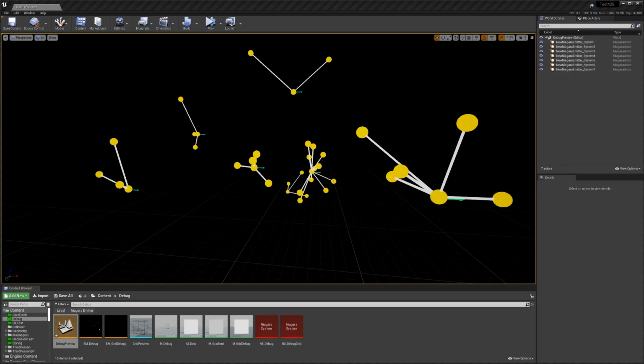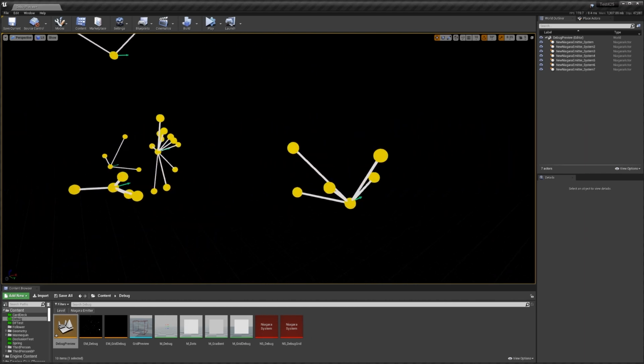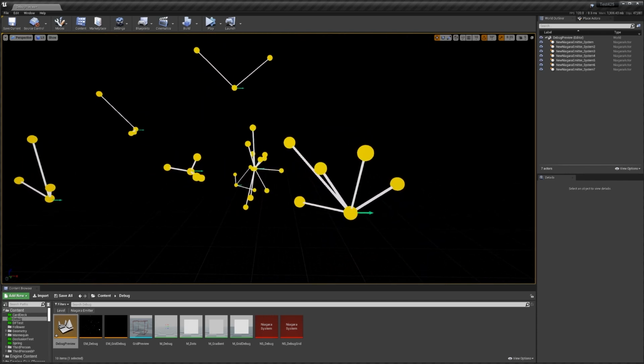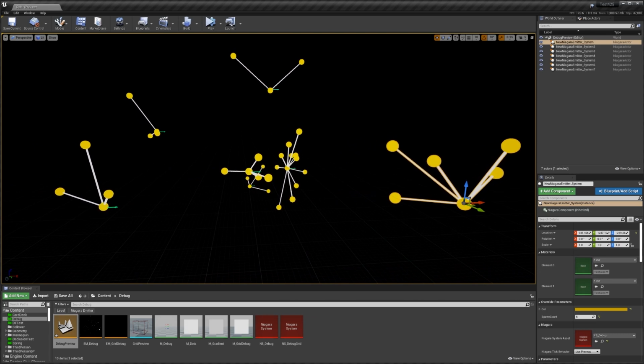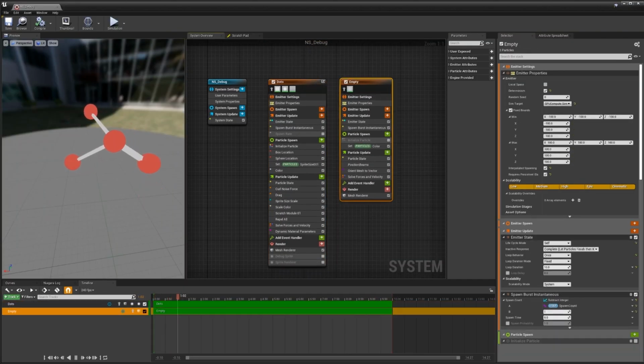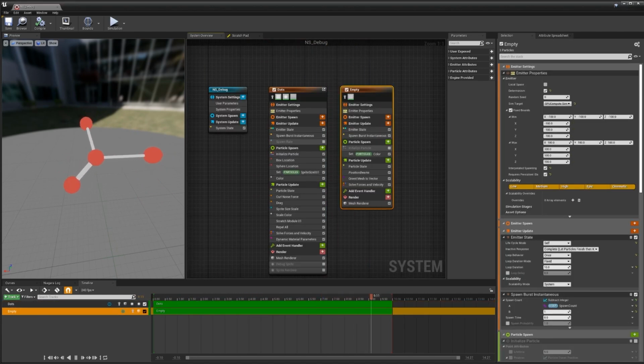Lastly, let's take a look at the attribute reader, which allows you to share particle information between multiple particles and emitters within the same system. Here's an example that I've got here that just has some floating sphere components with some connectors running between them. Let's open that up. This particular system consists of two emitters, the spheres, and the connectors between the two.